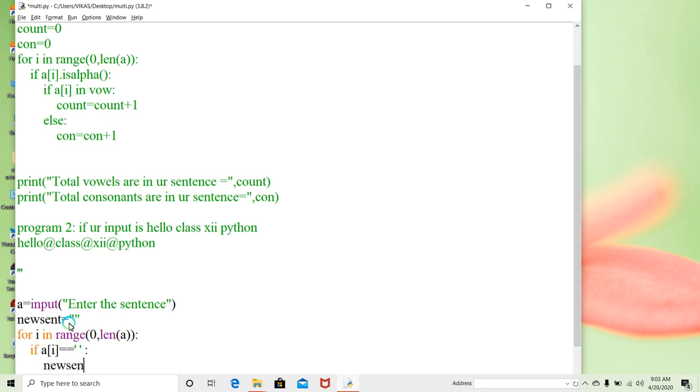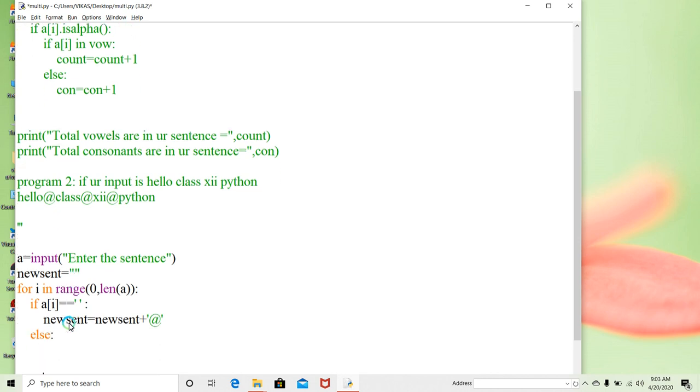In the new sentence we have to add the character at the rate, else what do we have to write? New sentence is equal to new sentence plus a of i.